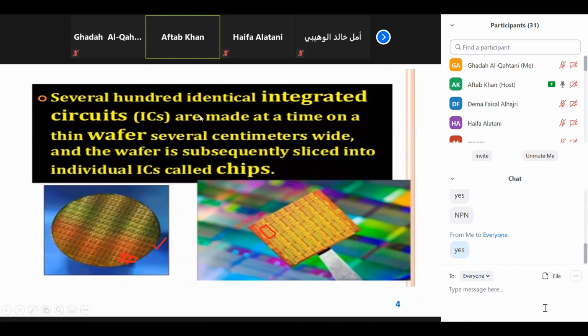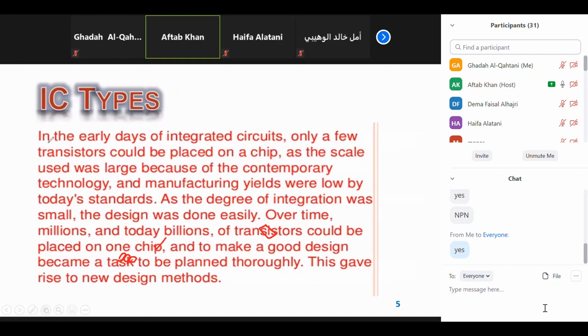So the types of ICs. As I just mentioned, in the early days of integrated circuits, only a few transistors could be placed on a chip, as the scale used was large because of the contemporary technology. At that time we had an old technology, the size of the transistor was very large, so very few transistors could be fabricated on a tiny chip. But as the technology advanced,